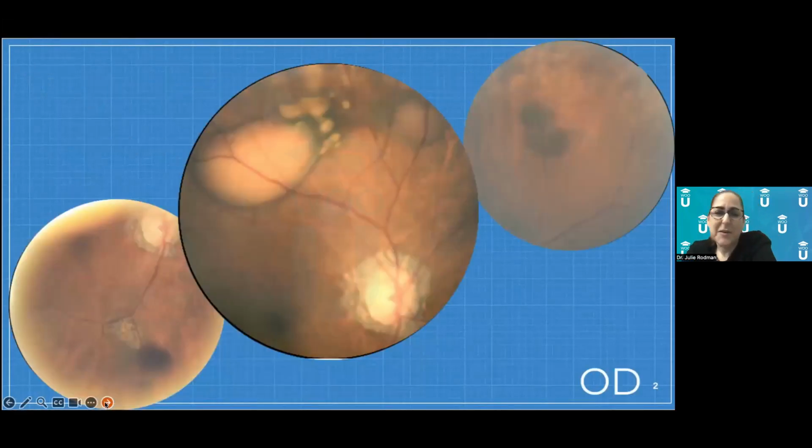So here's, it's not really a montage, but three images that I cropped to really highlight the abnormalities that I was seeing clinically. Let's start off with this middle picture because I think this is probably the best representation of this anomaly. So here's his optic nerve. Up here, there was this big orange elevated lesion with some surrounding what I like to call little satellite lesions. And then there was another one over here, and you can appreciate the elevation because you can see that these blood vessels are coursing up and over these lesions.